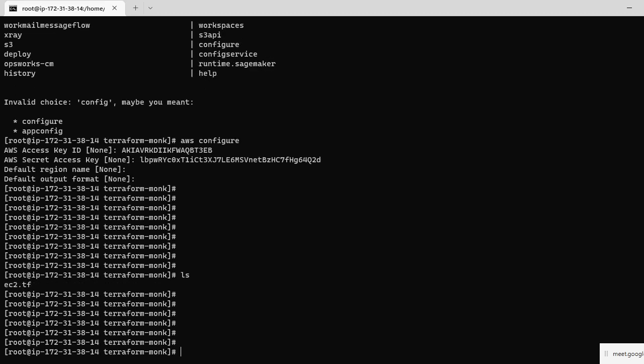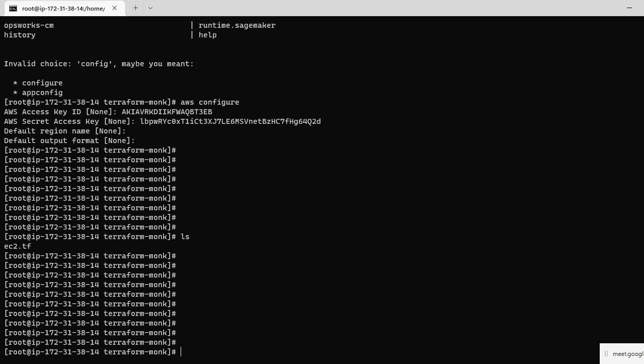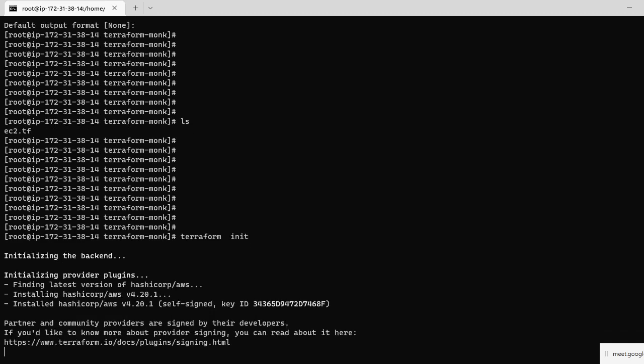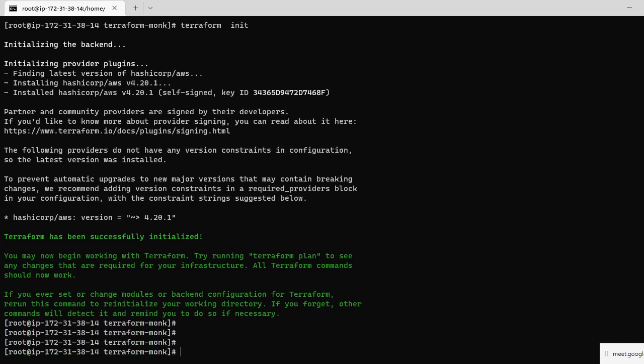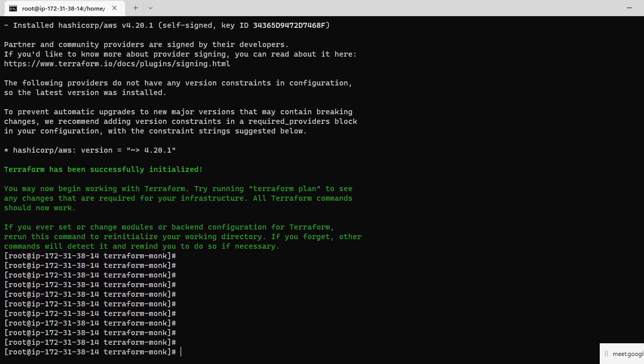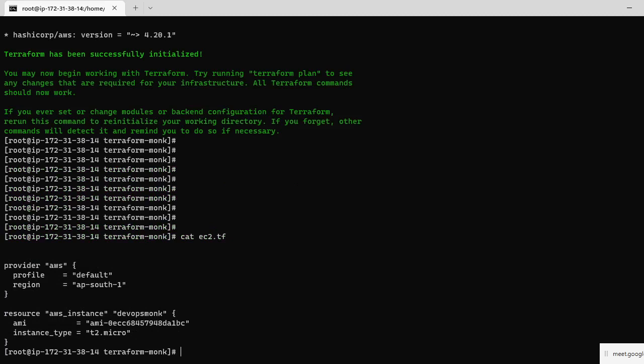Okay, ls. Now we can go with Terraform plan or Terraform init, right? So init. Now Terraform is initializing. Terraform has been initialized. Now cat EC2, I have written this content, but how is it going to be executed?